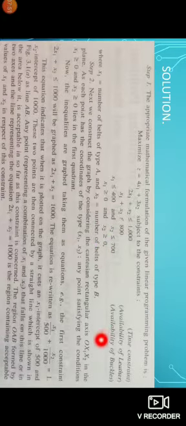This is the availability of buckles. And how many constraints in this example? Two constraints and the non-negative constraint x1 and x2. This is always a non-negative constraint. So where x1 is the number of belts of type A and x2 is the number of belts of type B. Okay, A means x1, B means x2.